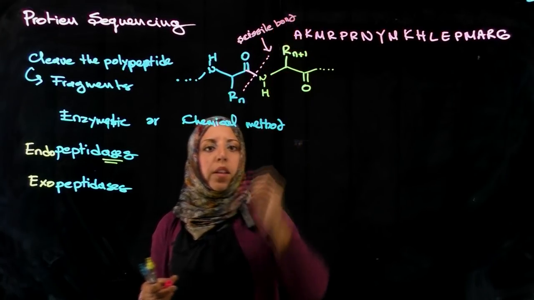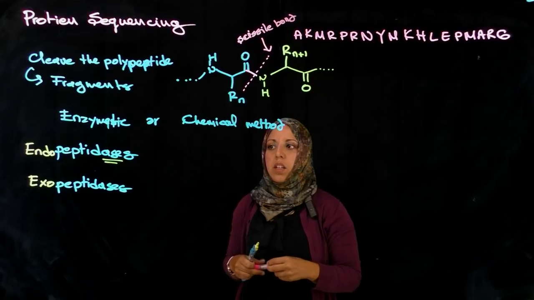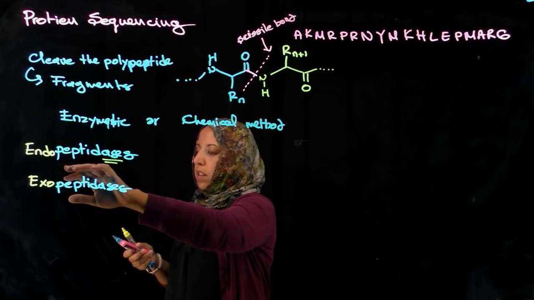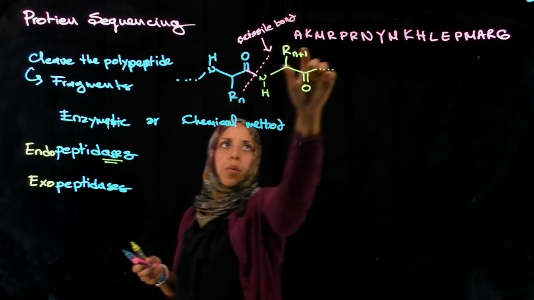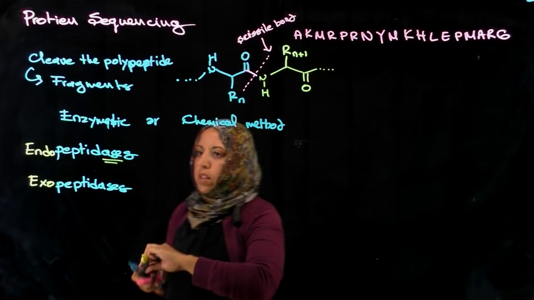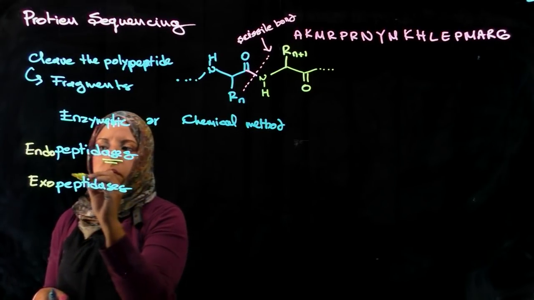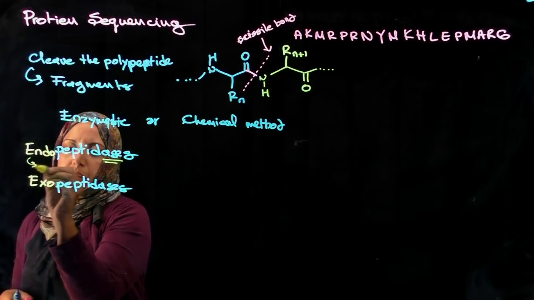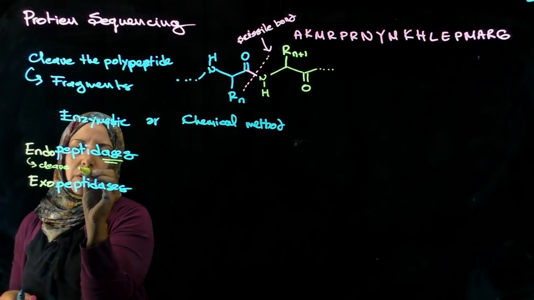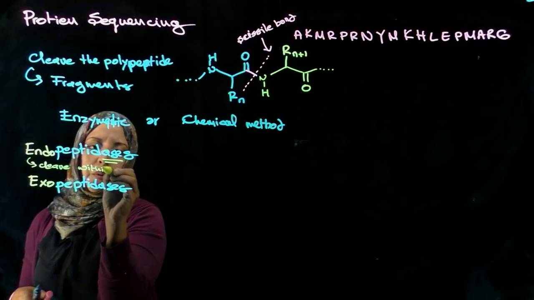It's the bond that will end up being cleaved. Well, endopeptidases cleave a peptide bond somewhere within the sequence of the polypeptide chain, right? So endopeptidases cleave within the sequence, somewhere,